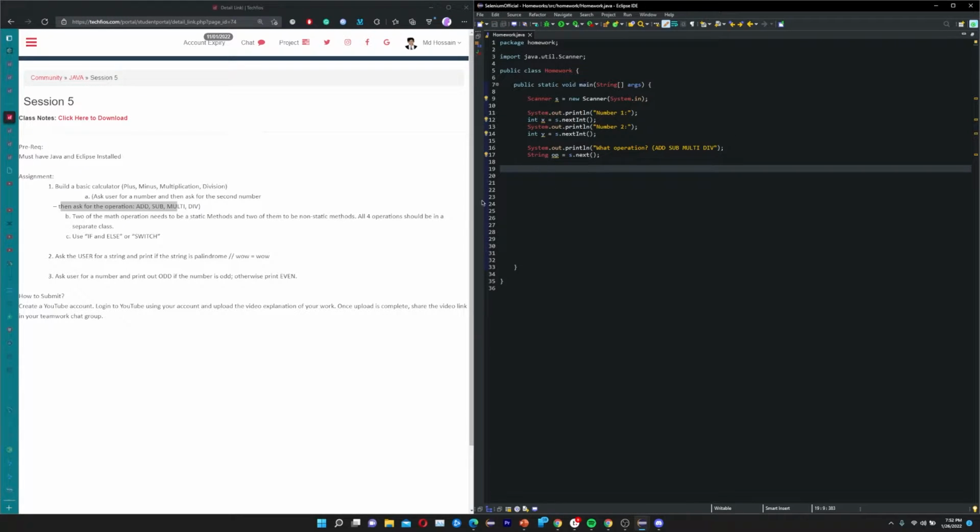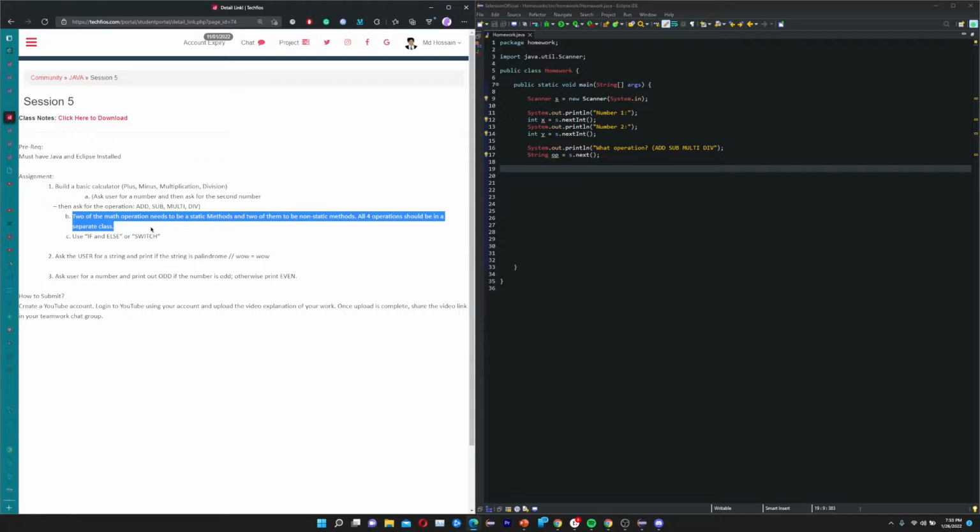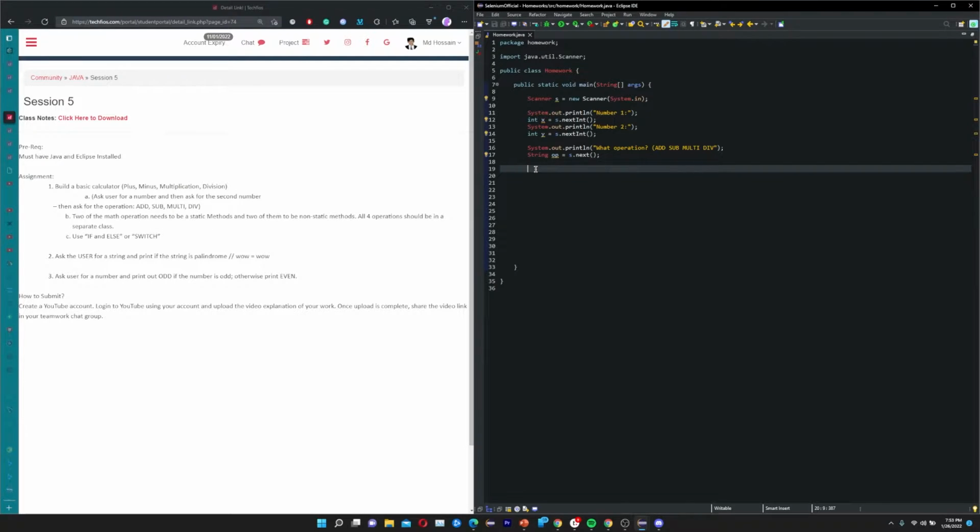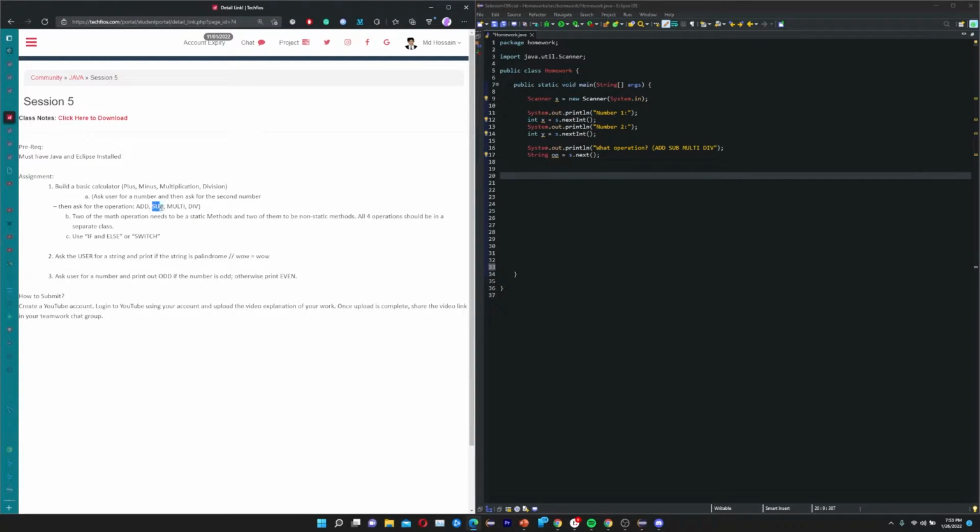Okay. Now, 2 of the methods need to be static methods, and 2 of them have to be non-static methods. Okay. Not that bad. So static methods cannot directly access non-static methods. However, non-static methods can directly access static methods. Alright, so anyways, let's just create our methods. Let's make addition and subtraction static. So this is how you make a method static. Public static